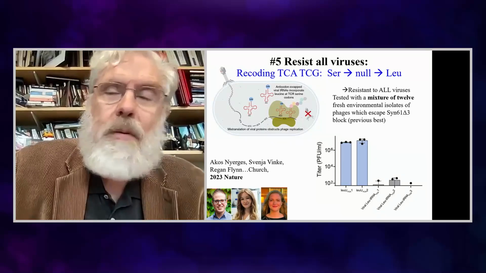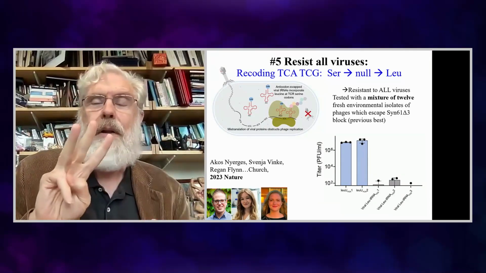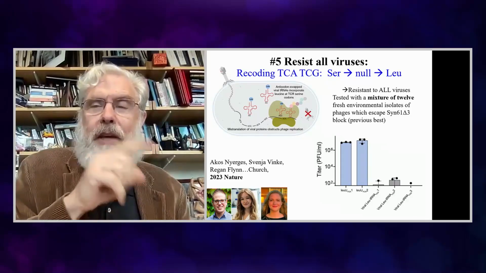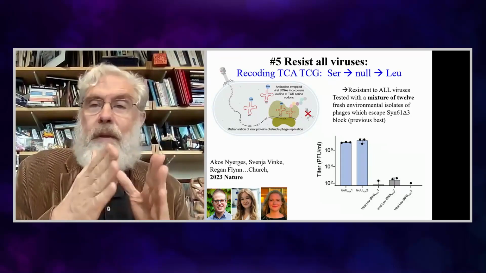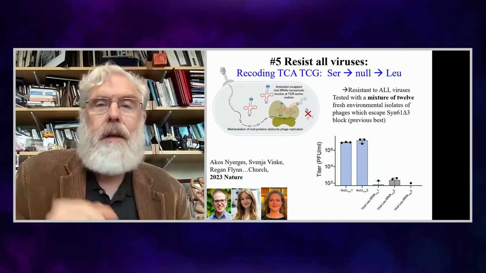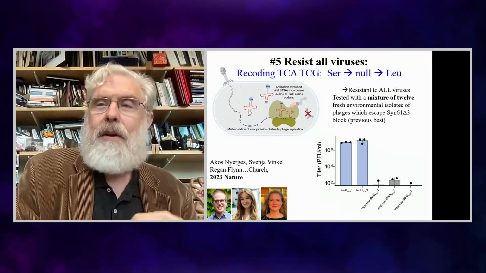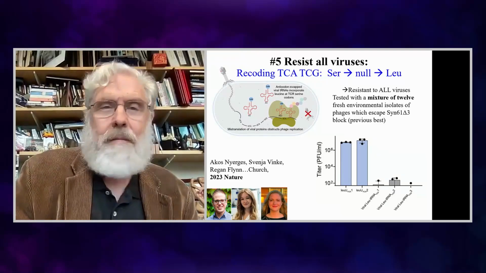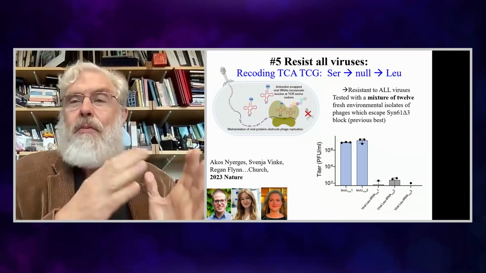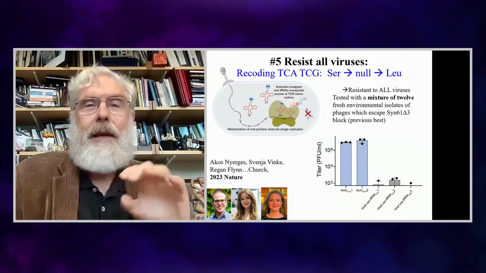And the trick was a very simple one. There are 64 triplet codons. These are all possible combinations of A, C, G, and T that are the genetic code that go from DNA to RNA to protein. There's 64 of those. We took 2 of them, which encode the amino acid serine, and swapped them over to leucine. So every time there should be a serine, there's a leucine.